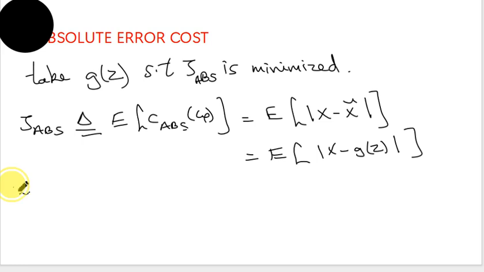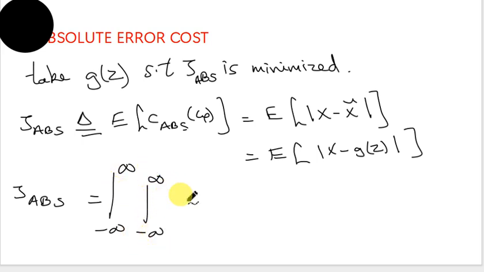So this will give me my J_ABS to be a double integral, where I will be integrating from minus infinity to infinity, and from minus infinity to infinity, mod x minus g of z, p of x comma z